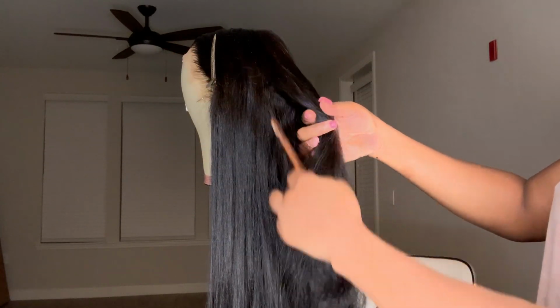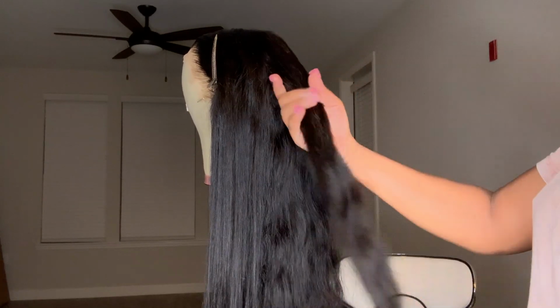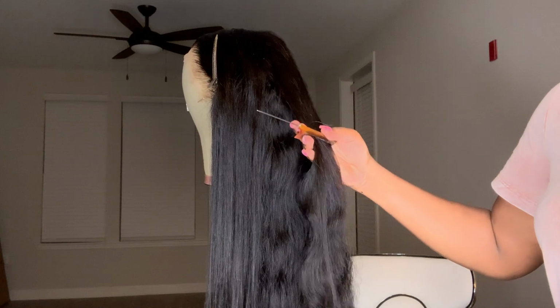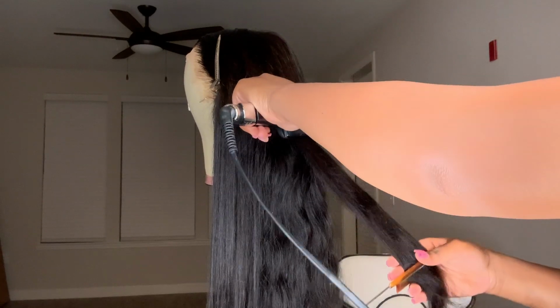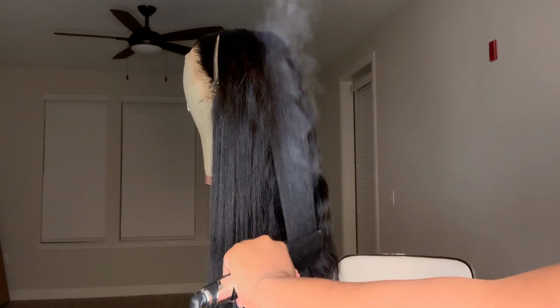This wig is actually gonna be semi-glueless or glueless all the way, depending on how I fix the band on the inside, or if I attach a band to it. I really feel like making it glueless is low-key the way to go,